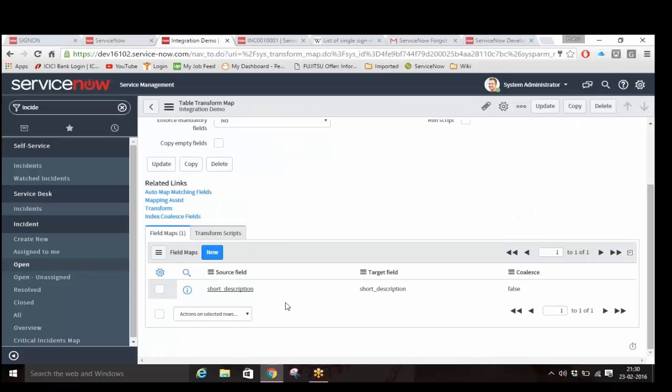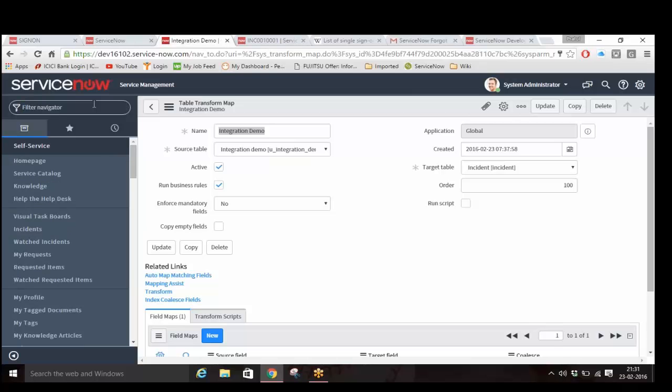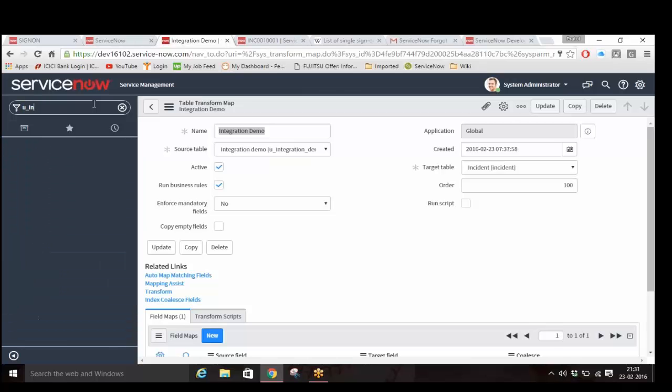I have just done one field mapping. Just try to put different field mappings and different coalesces and all those things and try to map data. One more thing I'd like to tell you: whatever data this system is receiving, what I told you, this is an import set table, right? So whatever data is coming into this system will come first into this import set table. So suppose I want to see the data that has come into the system, I can go into u underscore integration underscore demo dot